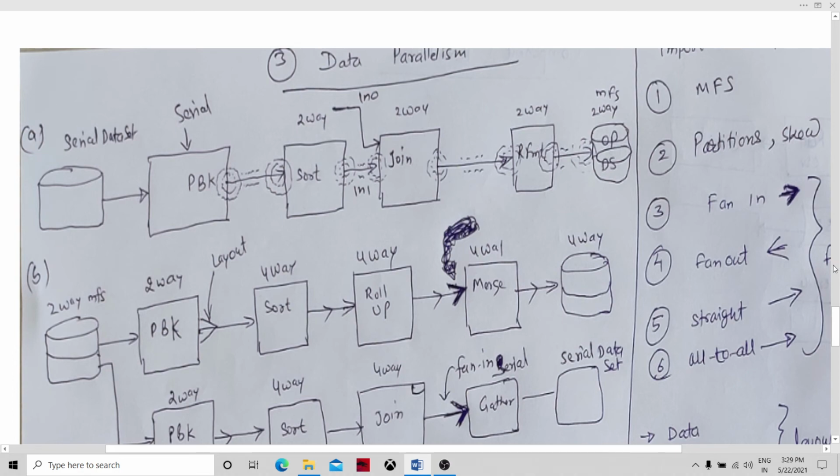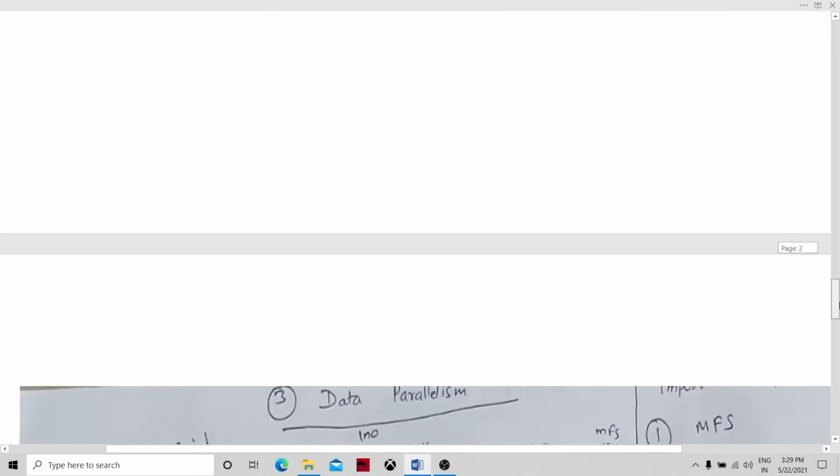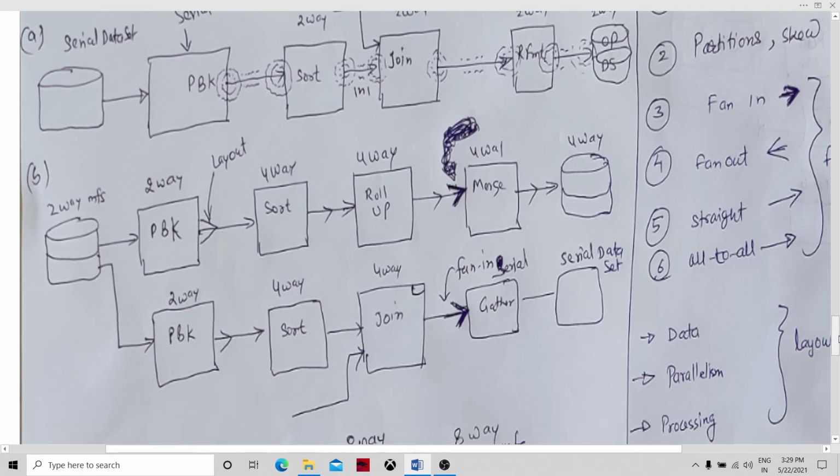Now let's talk about example number 2. In example number 2, I have a two-way multi-file system as input data sets, and I'm taking one of the two parallel flows. This may not be a practical thing, but it helps to understand the concept.